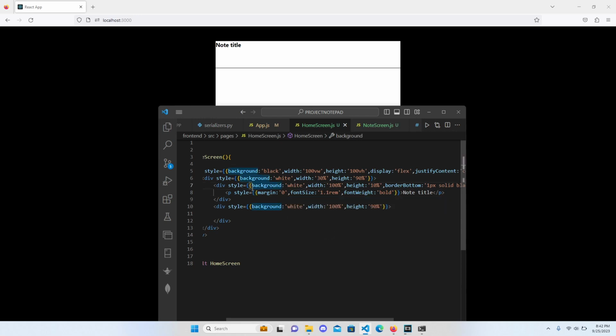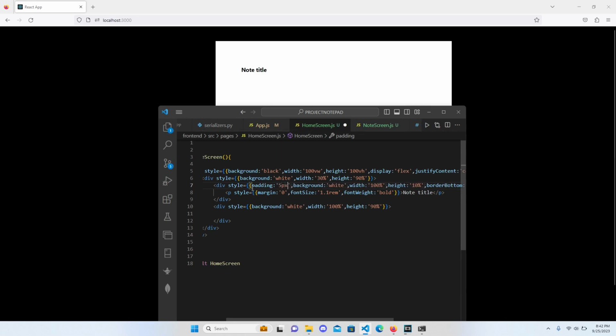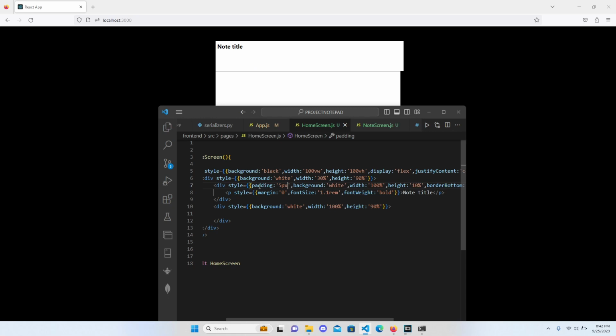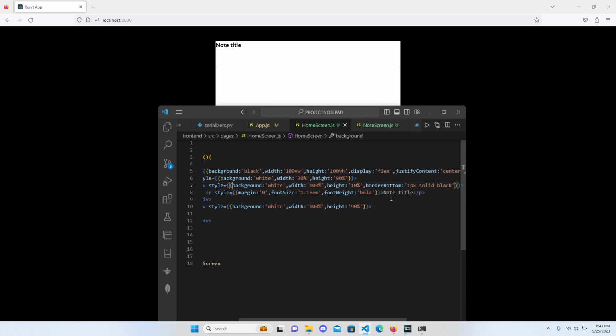So the parent, I'm going to tell it padding 5 rem, 5 pixels. Nah, never mind, it's just a line, or just tell the paragraph to be a bit more into the left. So how we can do it, we can do something like margin left, just to have a bit of margin left, maybe a bit more, and a bit of margin top,